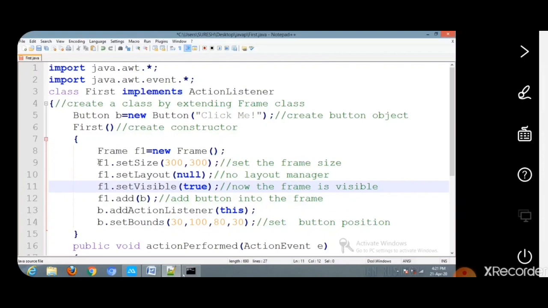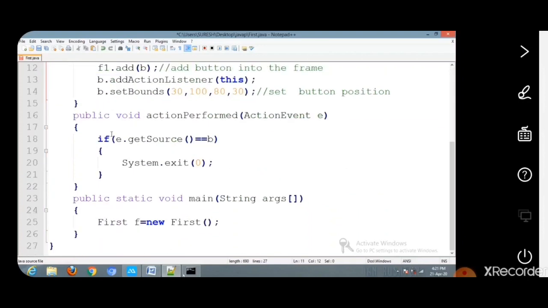So these four methods are accessed using the object which we created corresponding to the frame class. Okay. No other changes are there. These are the only changes when we use the second method. That is, here we are creating an object corresponding to the frame class. Remaining code is the same.